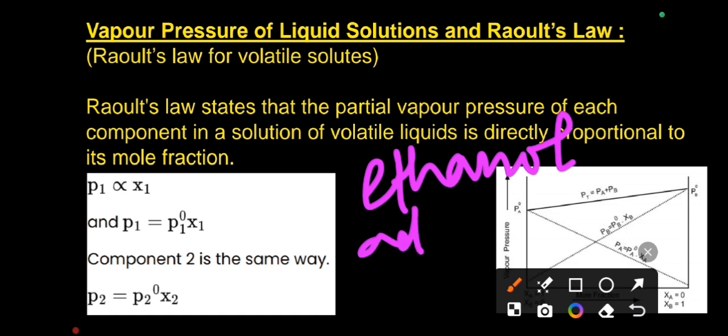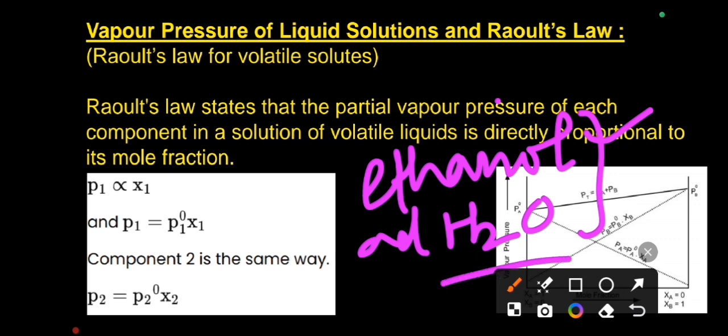Ethanol and water, both have capacity to evaporate, both have capacity to escape, but which one is more volatile? Ethanol. As we know already, it is used for drinking purpose also. Okay, so ethanol has more capacity to evaporate as compared to water. It means more fraction of ethanol you will get in more quantity as compared to water. Okay,